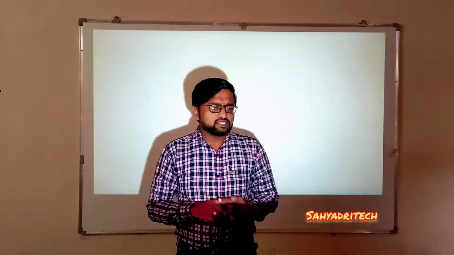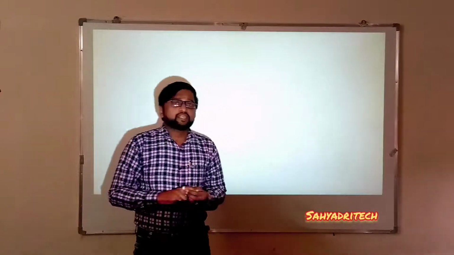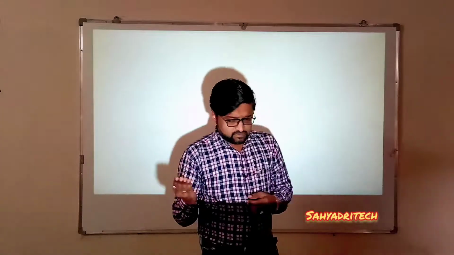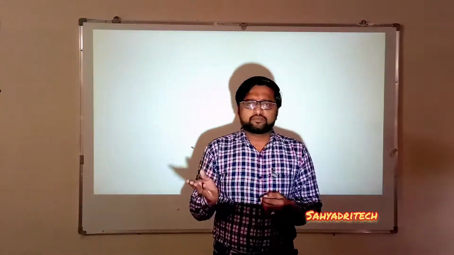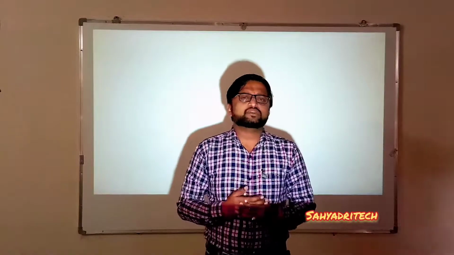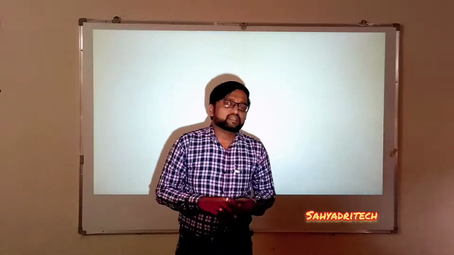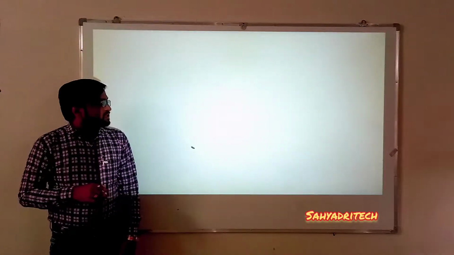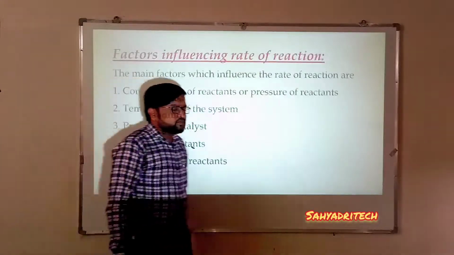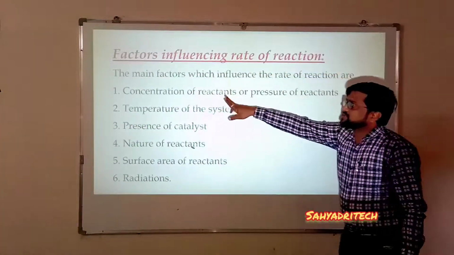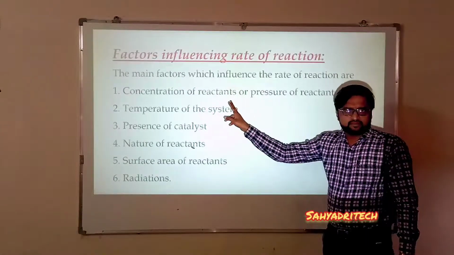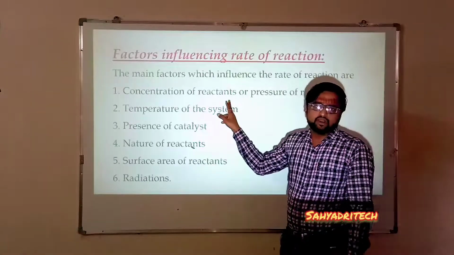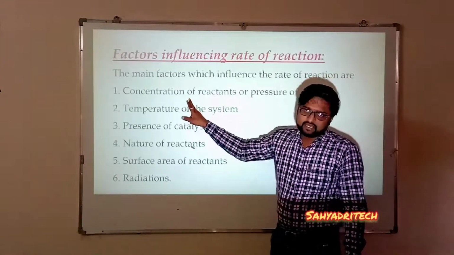Well, in this session, we go to the concept called factors affecting the rate of a reaction. As we know, during a chemical reaction, that is the conversion of reactants into product, various factors are going to influence the rate of a chemical reaction. If you consider the factors which affect the rate of a reaction, there are six factors. What are those? First one, concentration of the reactants. If the reactants are present in aqueous form, or in solution form, then we say concentration of the reactants.